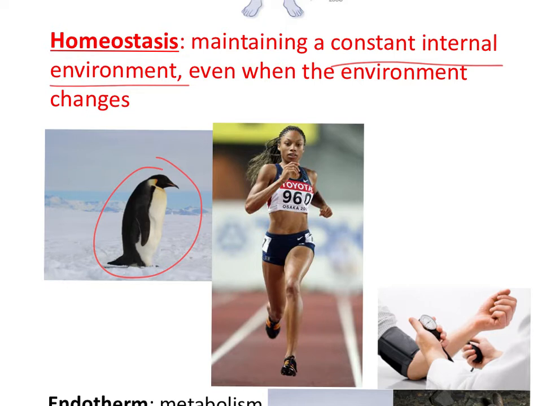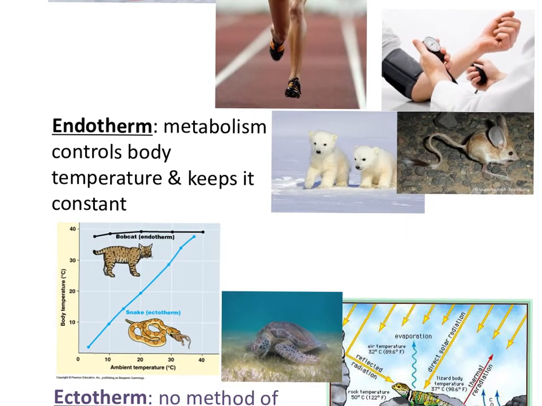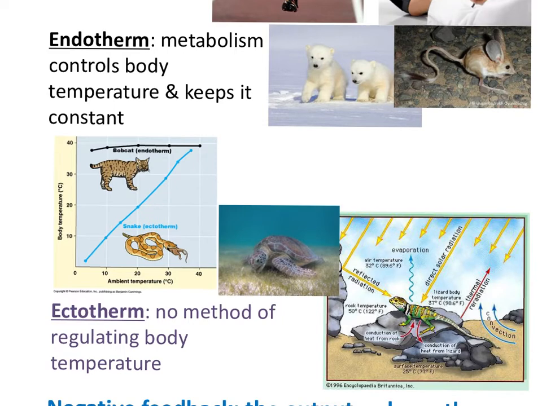We also try to maintain things other than body temp, such as the amount of sugar that's in your bloodstream is somewhat regulated so that even in periods where you're not eating, your cells still have a supply of sugar available. Also, water retention. We try to maintain the amount of water balance in our blood by peeing more or peeing less. So homeostasis is not only temperature, but temperature is one example of that.